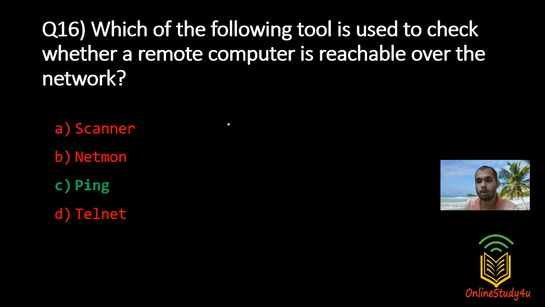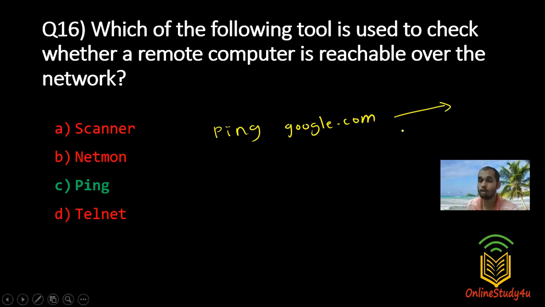What you can do is you can actually go to the command line and you can just type ping google.com or something, right? So when you type this, what happens is your computer is going to send some number of packets to the Google server, and it is going to check if those packets come back or not. If it does come back, then it is saying that, okay, this computer is online. If it does not come back, then it is going to say, oh, sorry, this is offline. So ping is the command. Okay, you can try it on your computer as well. Let's go to the next question.